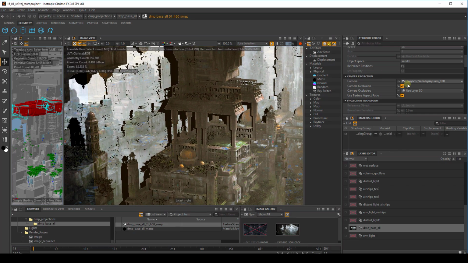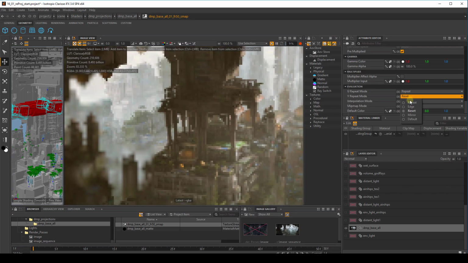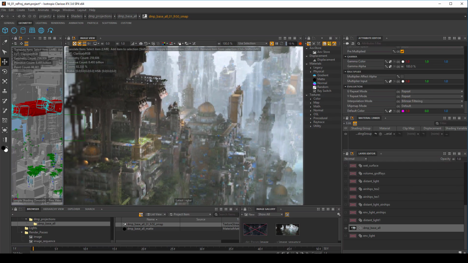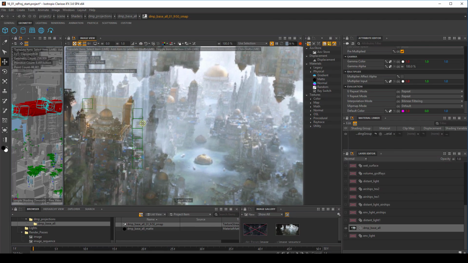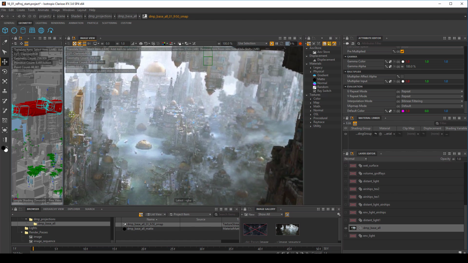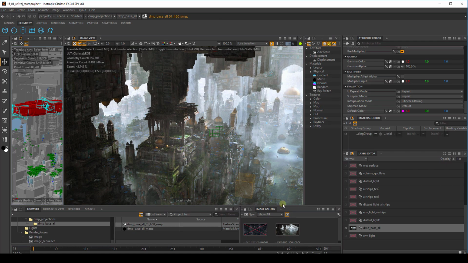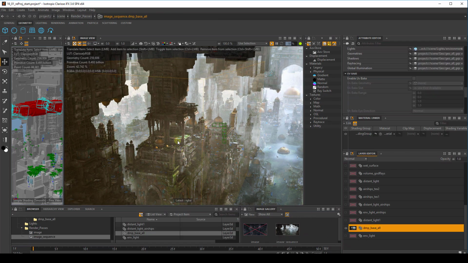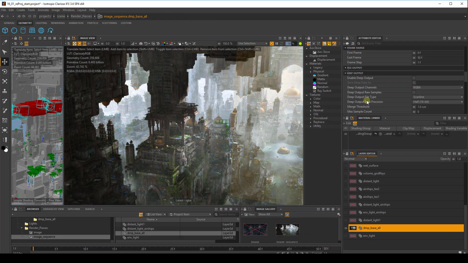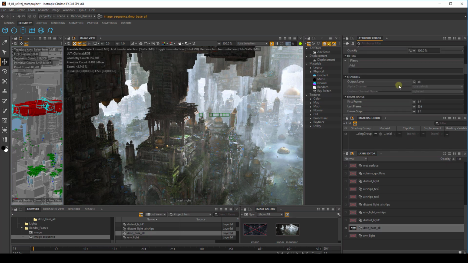So for now, let me just change these settings back. And I'm going to make a quick render just to further discuss how much of this concept is still viable in our final moving sequence and how much will have to be changed. So in order to render out this as an image sequence, I changed the frame range of the render layer here from 1 to 50,